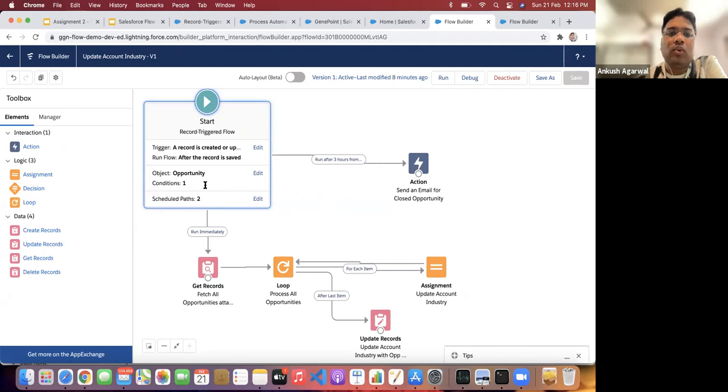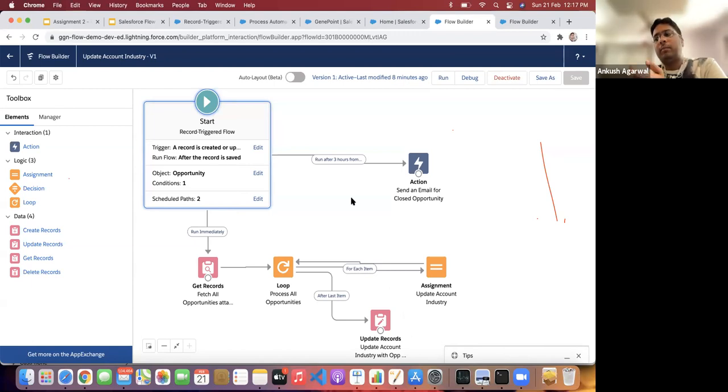Yeah, so for validation rule, as I explained in the last session, it will not display here. It will just give an error, and for that we have to do the error handling. Otherwise, what will happen is, let's suppose I'm updating this. While updating it, it will just give an error, and that error will go in your log section, so you just have to check your debug log and see what error is coming. So this will be an error, so we have to handle the error handling.